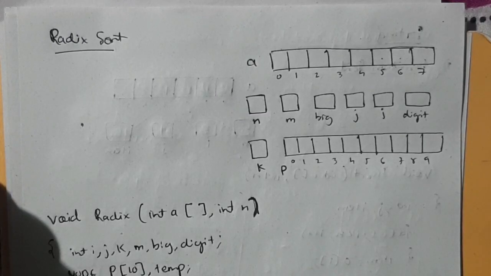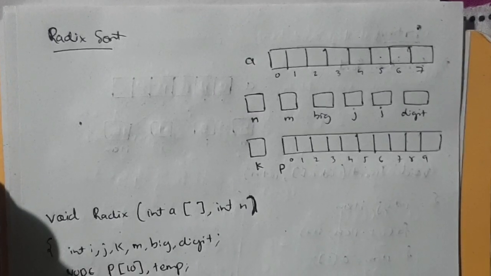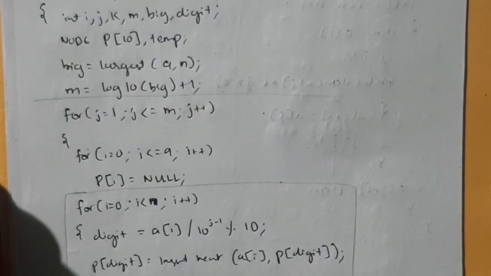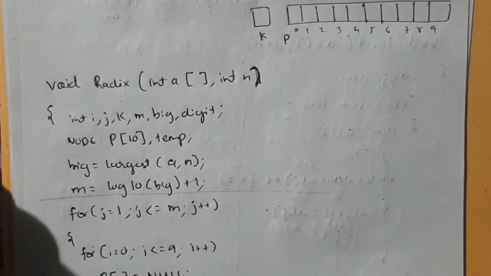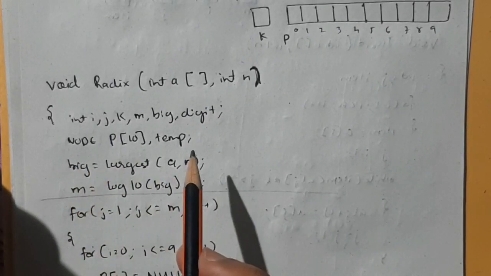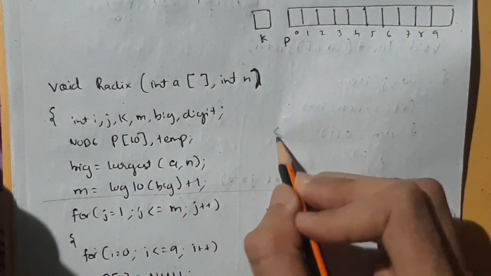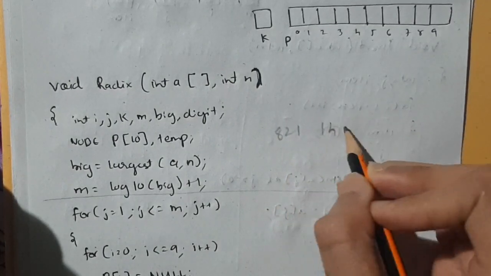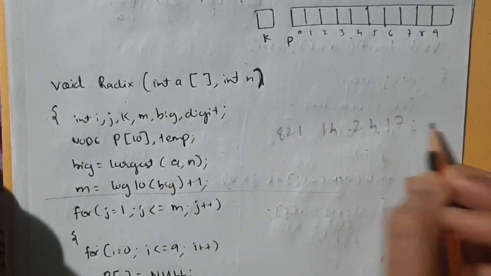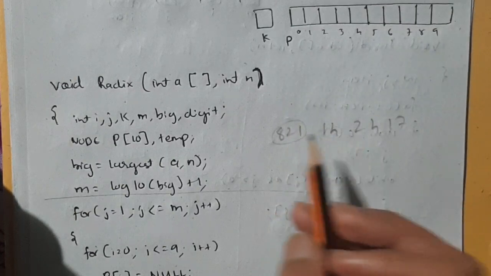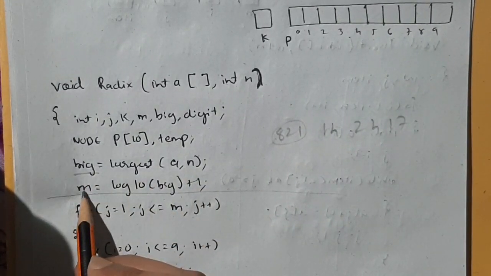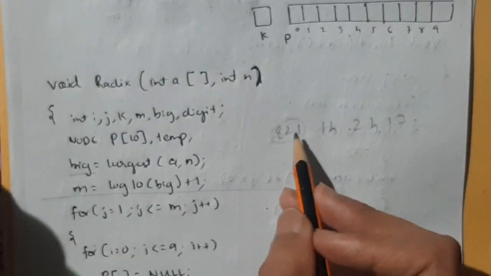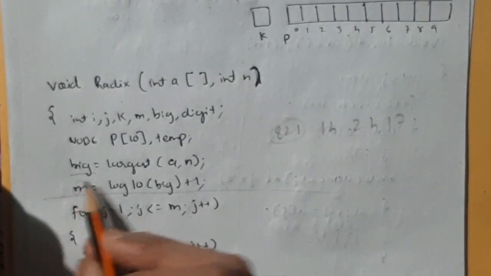There is a great shortcut to remember radix sort. See, the radix sort code you have divided into 3 parts. Okay, see, the first part is this one. This one is for finding the largest digit. Means if you have like 8, 2, 1 and 14 and 24, 17, in that the greatest one is this one. So by using this formula you will find the largest digit, and then m will be how many digits the largest number has. Okay, so m will have 3 here.